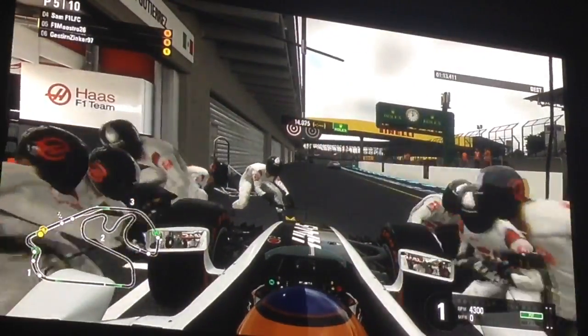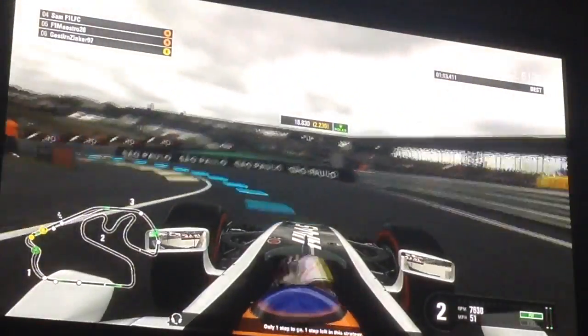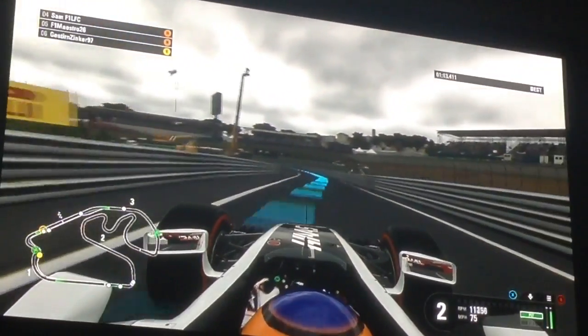CK and Casey had to make an early stop due to wing damage, which meant starting on the hards has basically gone to waste for them. But yeah, coming out of the pit lane in P5 for the moment. Yep, so in P5 at the moment, and we need to be very careful because the pit exit of this